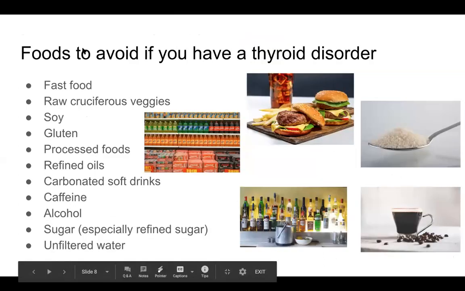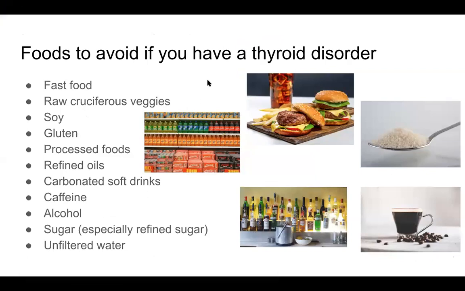And then foods to avoid if you have thyroid disorder. A lot of people don't realize, of course, fast food, that's one, but raw cruciferous vegetables. That's going to be like your broccoli, your bok choy, cauliflower, things like that should not be eaten raw. You can eat them, just make sure they're cooked. Those are some of the foods that a lot of people don't realize can affect thyroid because they're goitrogenic, which can actually cause more thyroid dysfunction. So we don't want that with